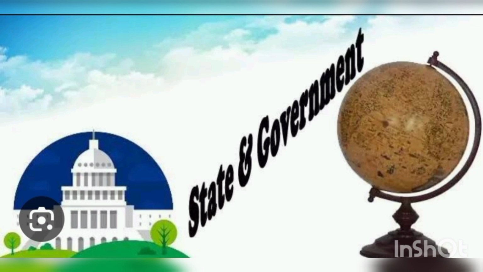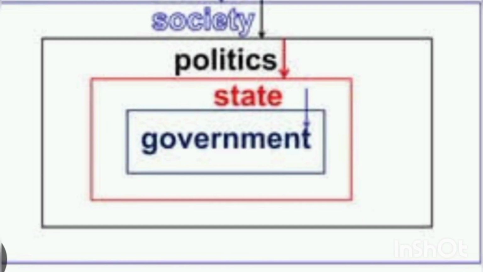Friends, in today's video of mine, I will discuss what are the differences between state and government. Relating to my previous video on the topic differences between political science and politics, I discussed that politics is a process but government is an institution. Politics is the process that selects our leaders who then fill positions in institutions of government that make public policy.